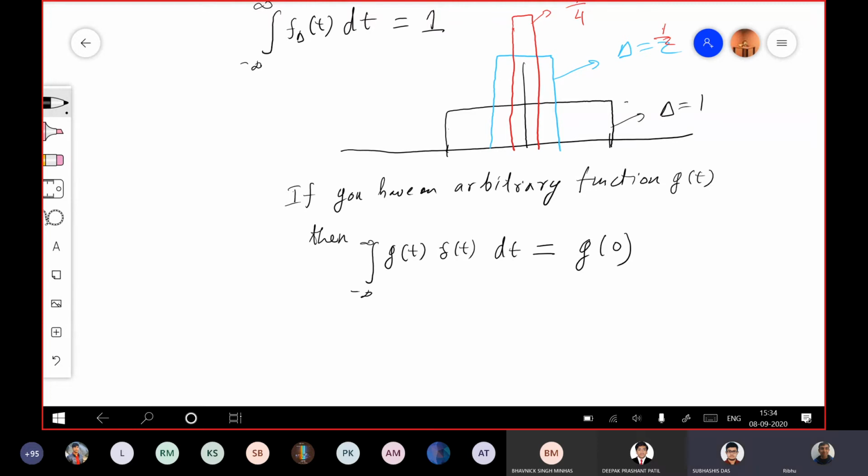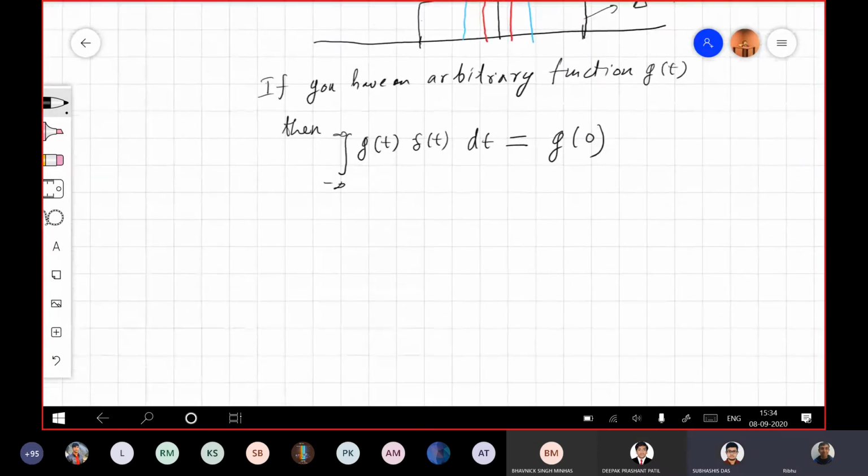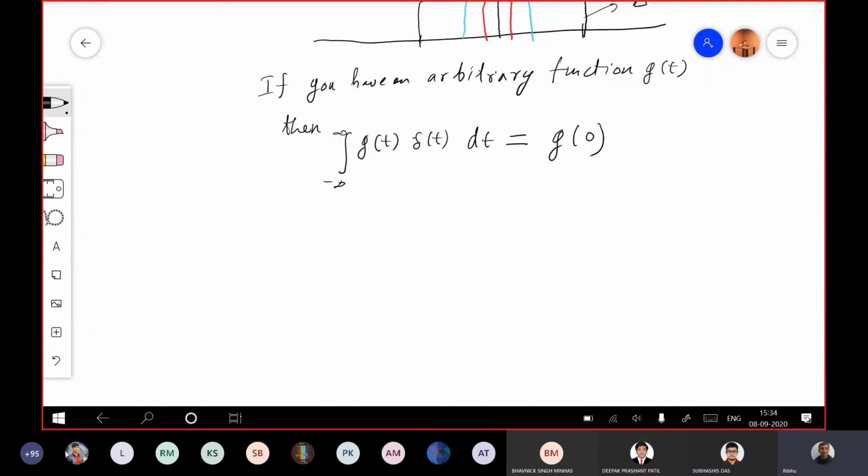This property, all of you know. Based on this, we get the integral of delta t e to the minus j 2 pi f t dt equals